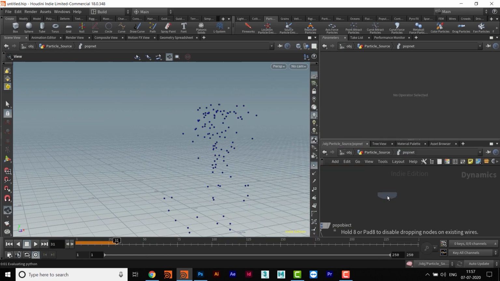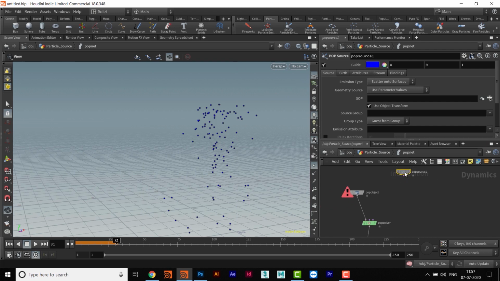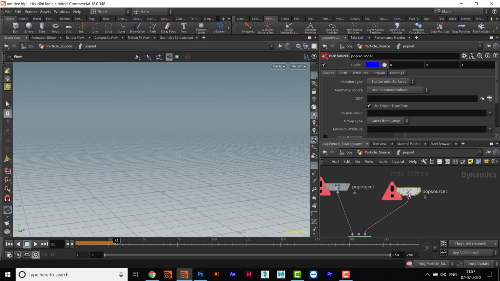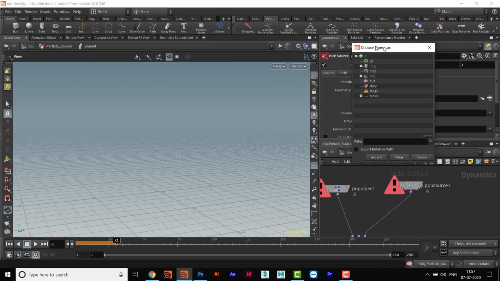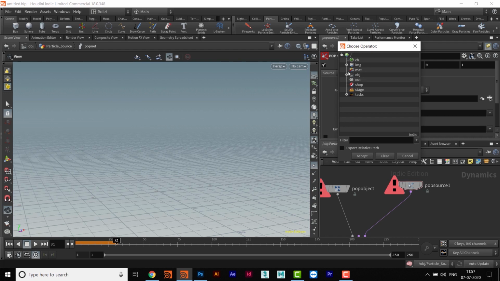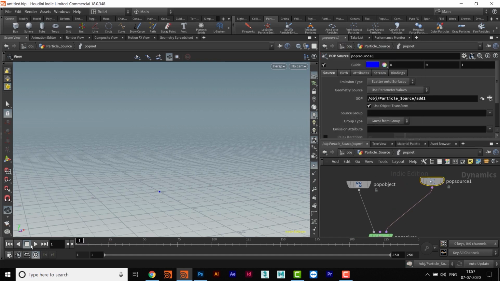If I want to use that external source here, I will connect this source to the third input of this, and then I will have to give it the path of the source I'm emitting from. So I will get into it, click on this button, go to the object and then source, click on add and then accept, and now we have the source here.